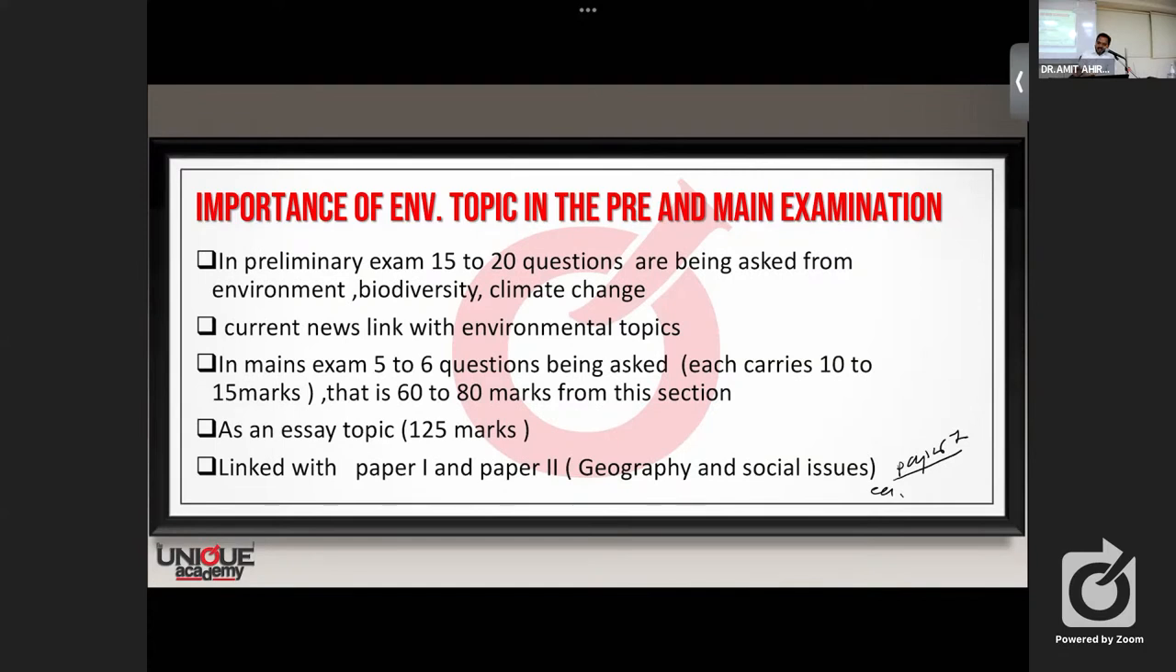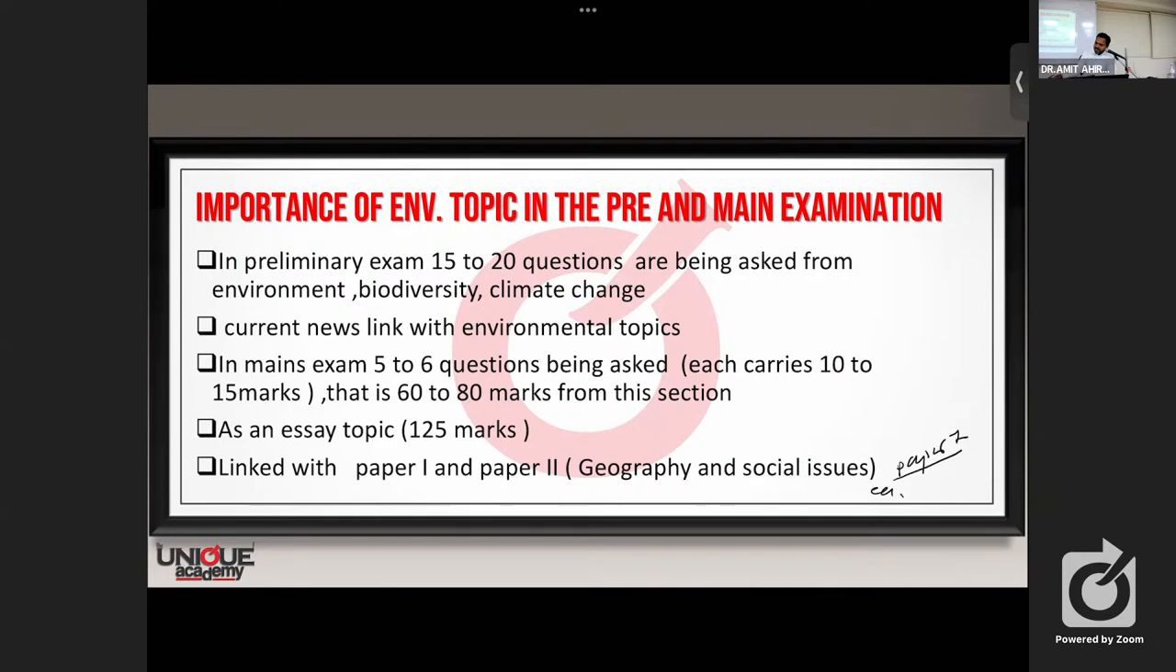Nowadays, UPSC has started asking many questions from science and technology, right? And all these questions are based on current news. So why has UPSC suddenly decided to put more questions on science and technology? The reason is